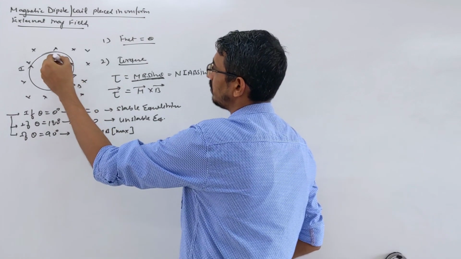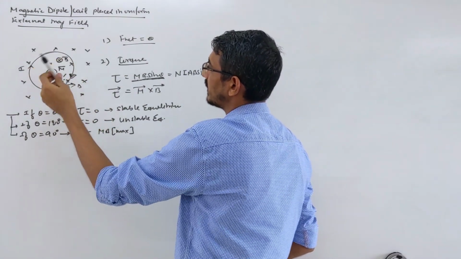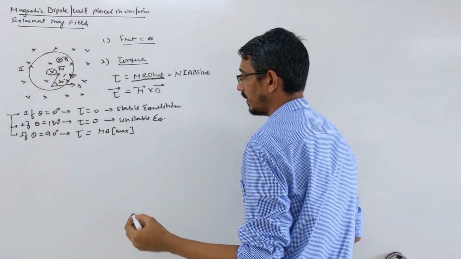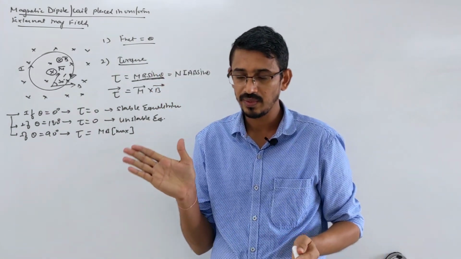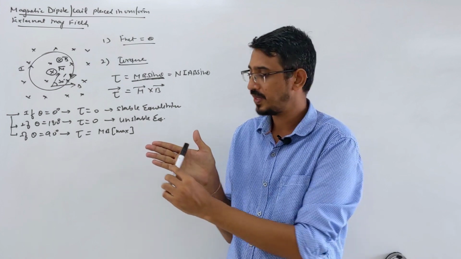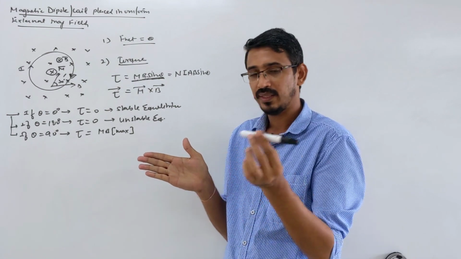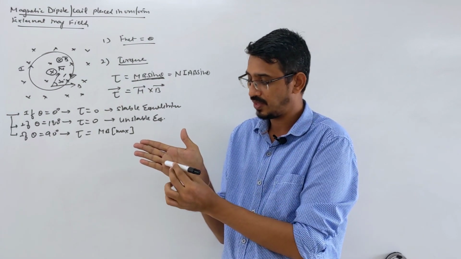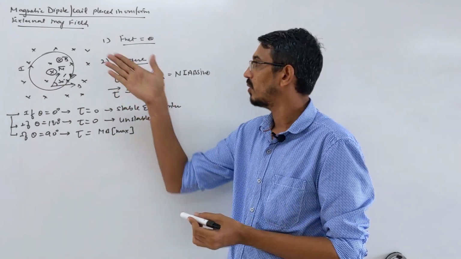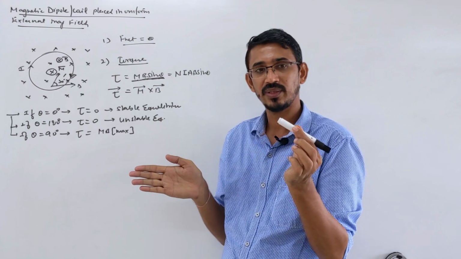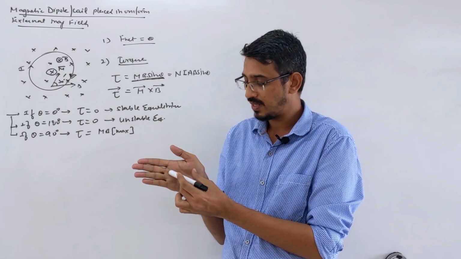Suppose this is the direction of magnetic field, and the coil is placed at some angle. Okay, this picture is a little bad. I will draw another picture. Okay, I will explain with the help of an example. This is the plane of the coil. This is your coil. And I'm saying this is a magnetic field making an angle of 30 degree with the coil. Here this angle with my hand is 30 degree. My hand is the plane of the coil, and this is the direction of magnetic field. This angle is 30 degree.